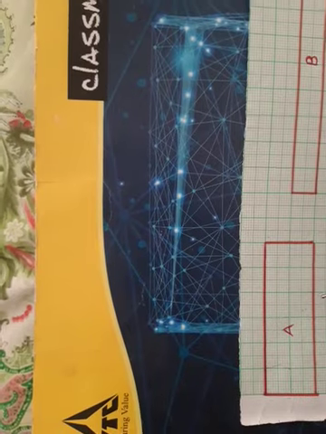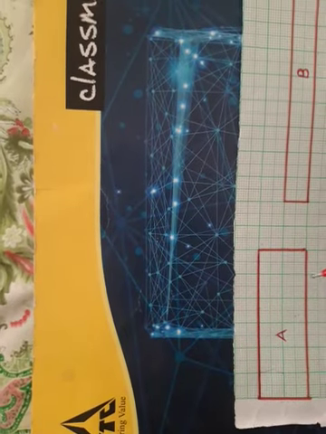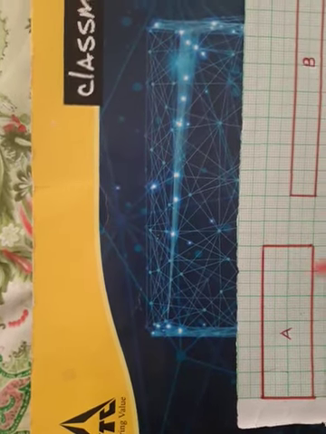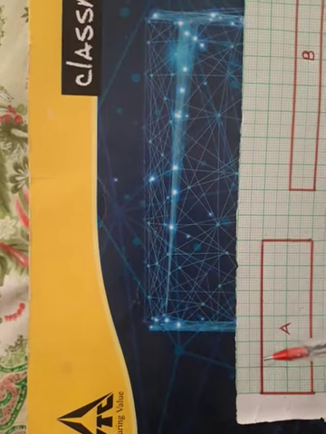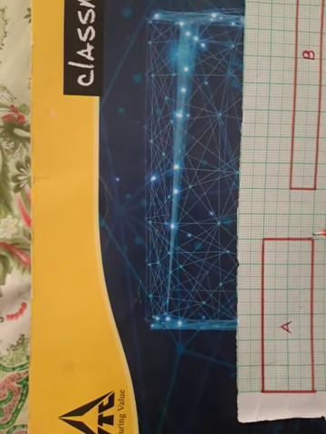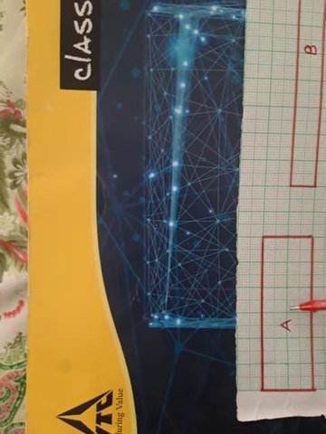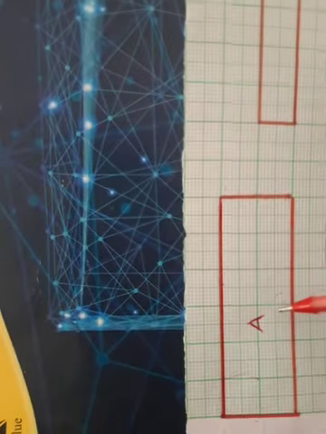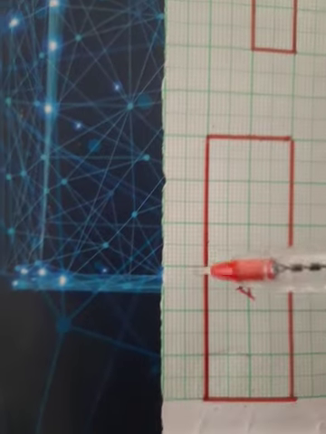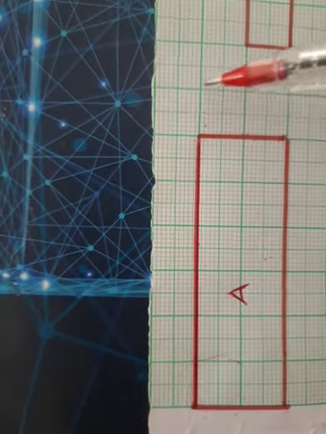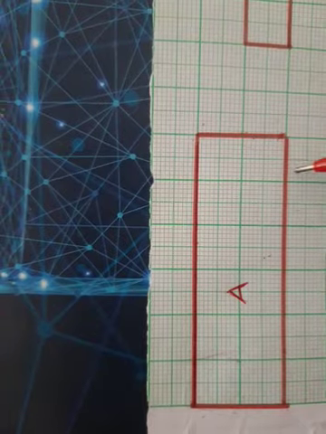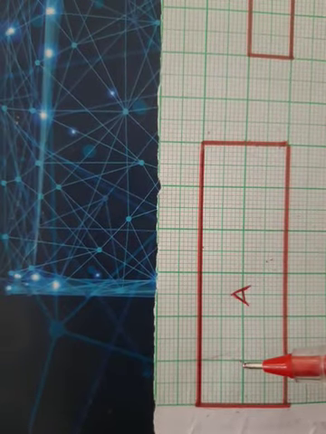So what is perimeter? You know very well what is perimeter. Perimeter is the outer boundary, the length of the outer boundary of a rectangle. For example, in rectangle A, the outer length or the boundary of this rectangle will be